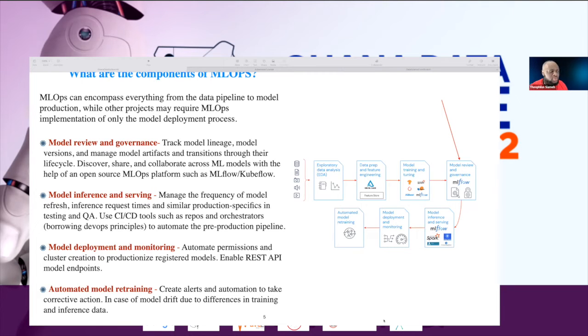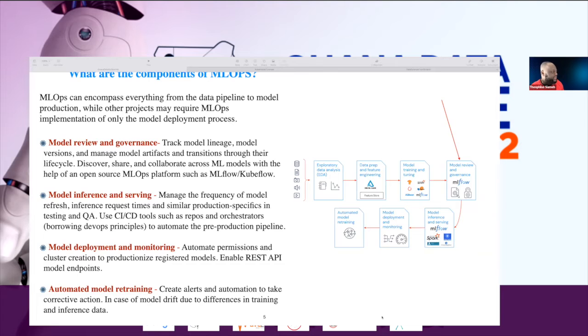Most of the time also, they don't look into the model hyperparameter tuning. There are tools nowadays that you can use for this purpose. So the model review. So at this point, we want to track the model lineage, the model versions, and also